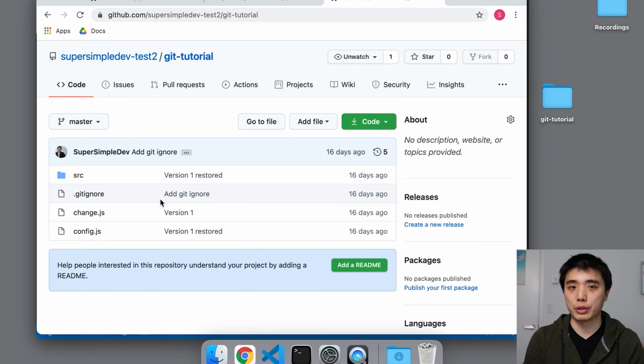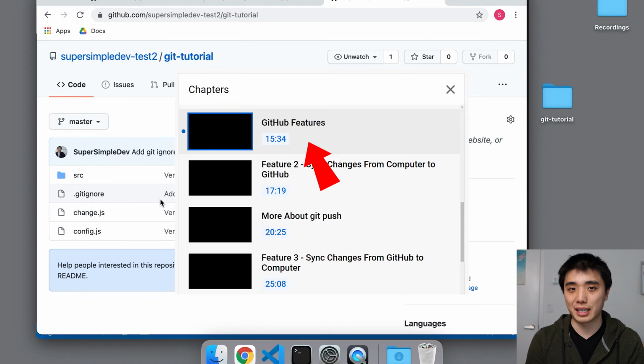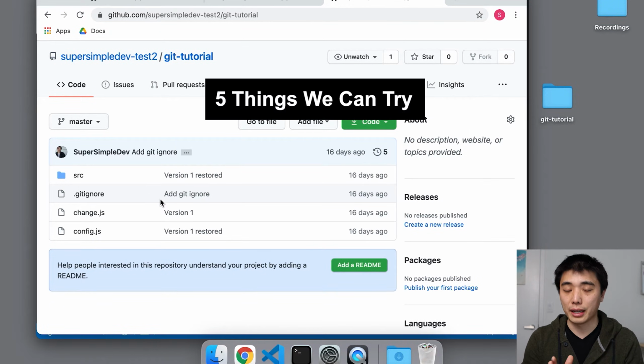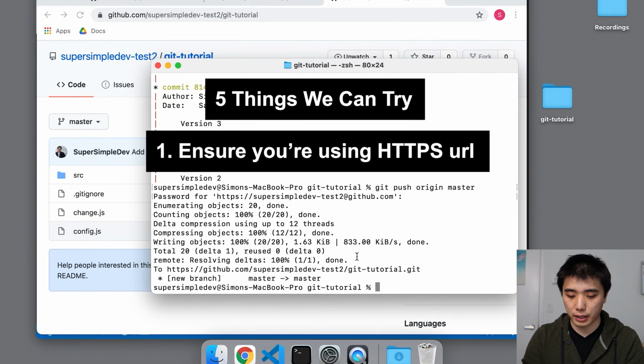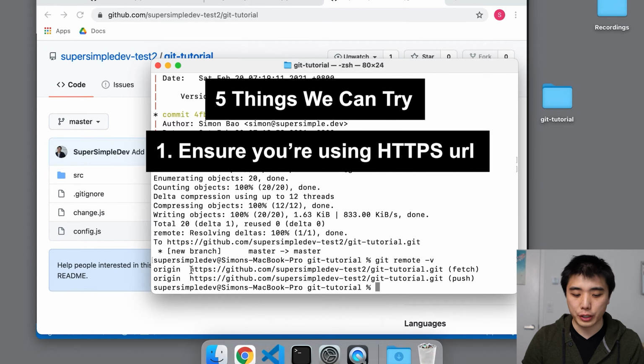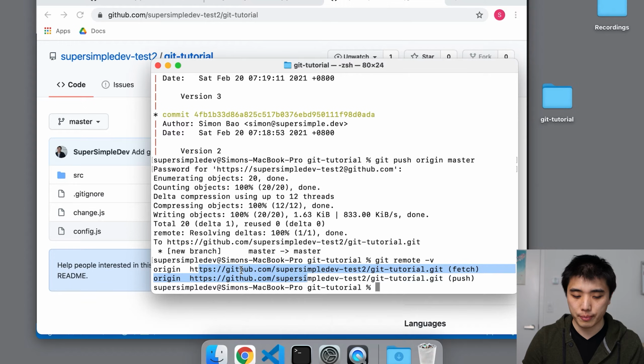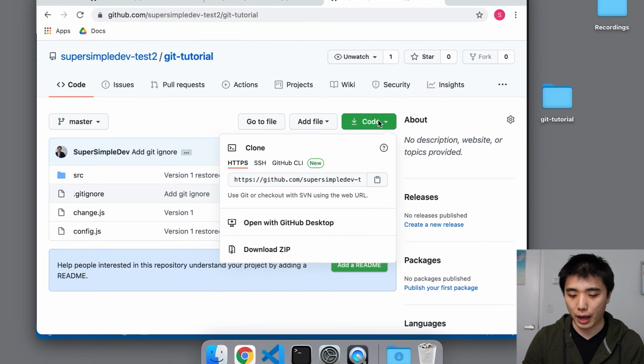I'm going to do some troubleshooting right now if git push didn't work for you. If it did work for you, you can skip to this time in the video. Usually it's an authentication problem, and there are several things that we can do. The first thing is to run git remote -v. We have to make sure that the URL to our remote repository starts with HTTPS and doesn't start with Git. If it does start with Git, then we can go back into our GitHub repository and get the HTTPS URL here.